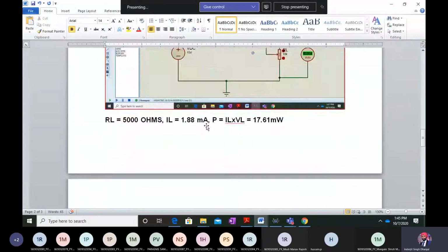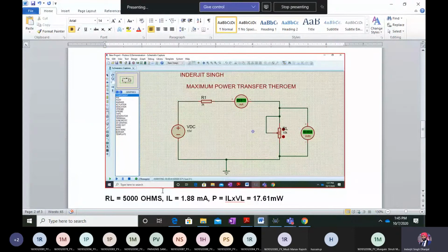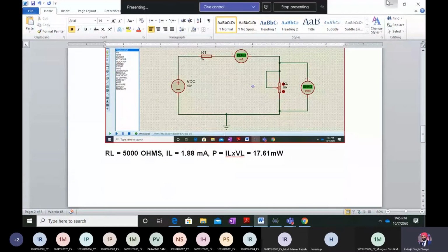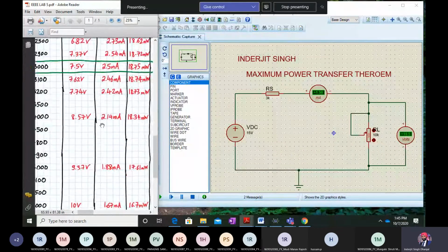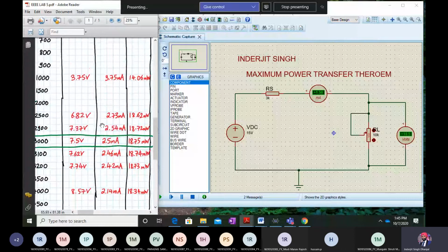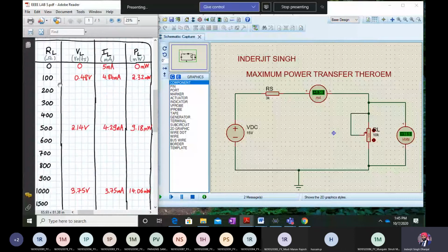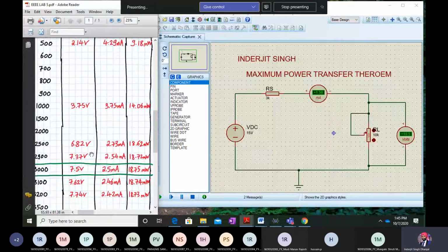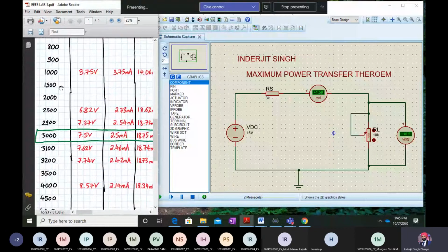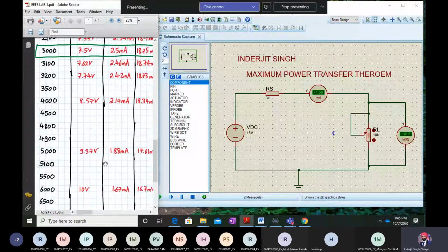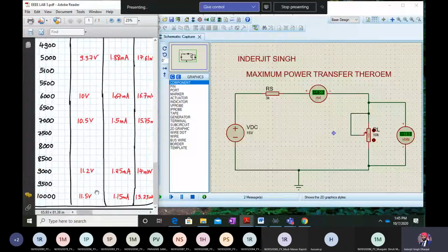Okay, so we want at least 10 such sample print screens along with this detailed information. And all the readings in this table. Now I have not filled all the readings. You have to fill all the readings in this table and only take any 10 values of the print screens of each reading. So maybe the starting few readings and maybe the readings when your RS is given, if RS is given as 1000, you can take nearby readings and attach the print screen. Definitely, if your RS is 1K, you have to take the value of RL equal to 1000 also, and nearby values also, and you can take the higher readings also.